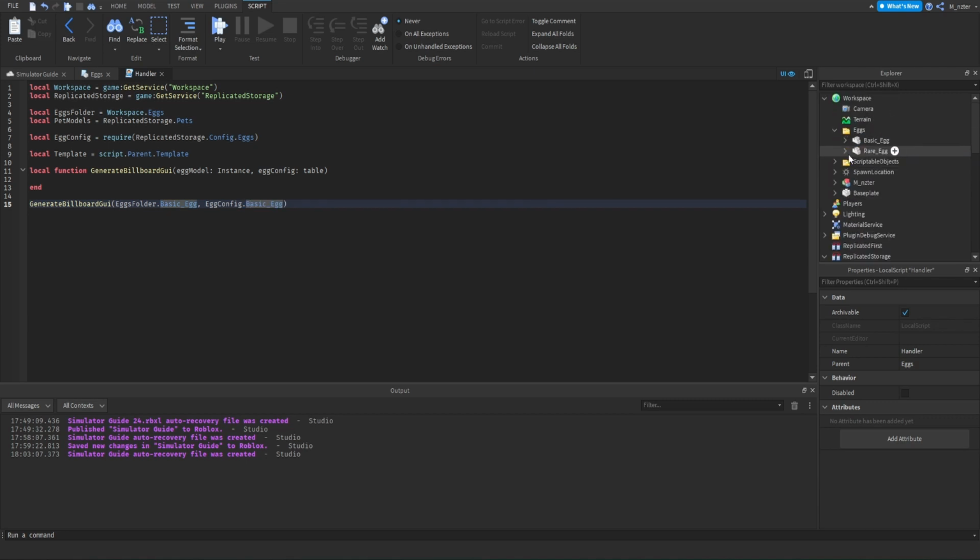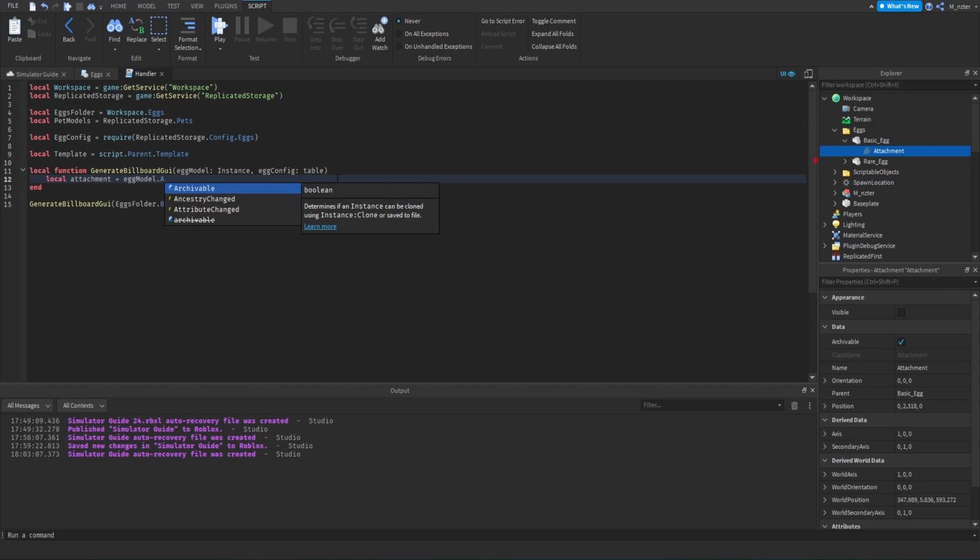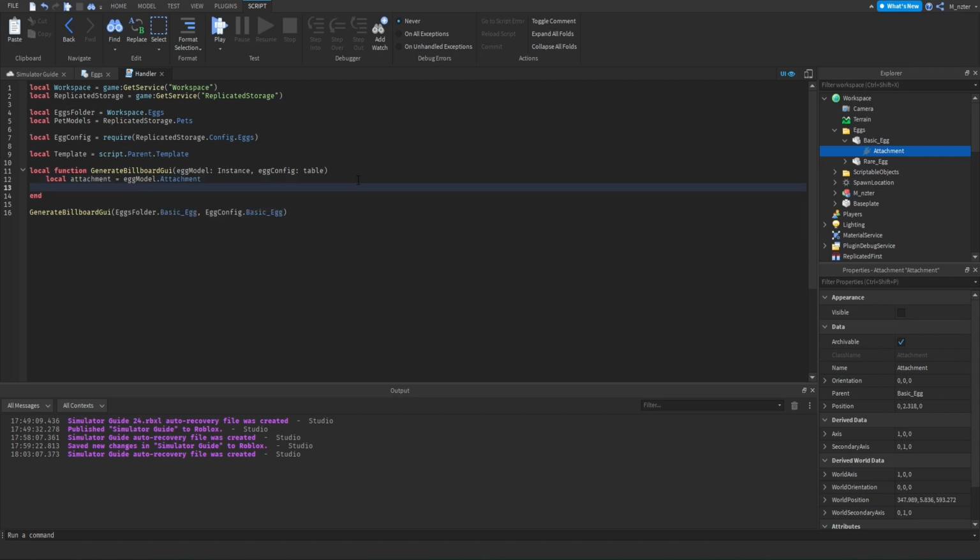And then also remember, inside of our egg models, which is inside of here, each of the egg models has an attachment inside of it. So inside of our function, let's go ahead and create a variable for that attachment. So we'll say local attachment equals eggModel.Attachment. Then once we have that attachment, we want to actually create a clone of our template Billboard GUI. So we'll say local clone equals